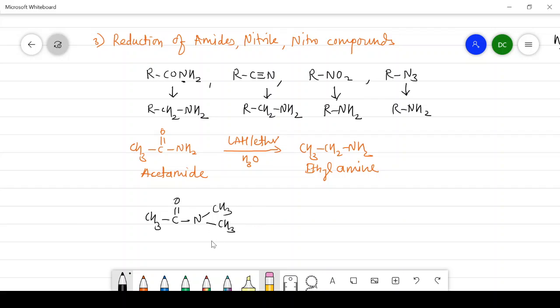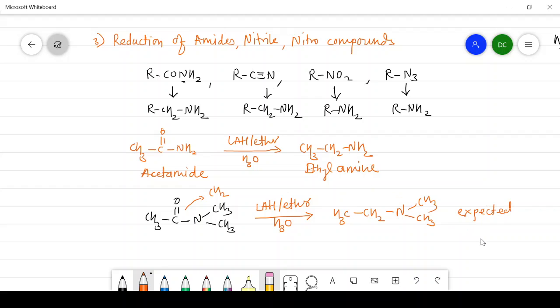It is a substituted amide. And in this case, we get, when it is undergoing reduction in presence of lithium aluminum hydride and water, we know that this CO group we have to convert into CH2, so that the expected product will be like this: N then CH3 CH3. That is an amino group, but it is a tertiary. It is the expected product as per our discussion.